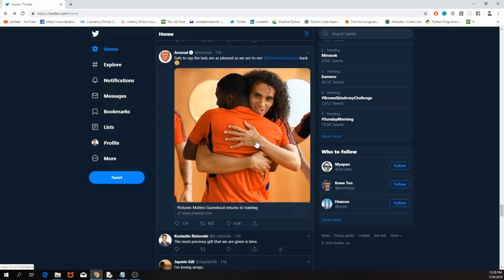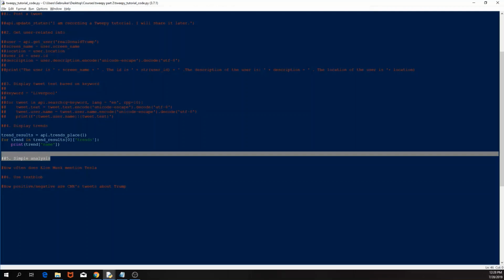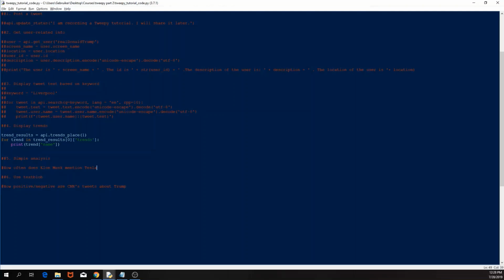Then we're going to actually finish what we already discussed. So we're going to make a simple analysis on how often Elon Musk mentions Tesla, and at the end we will use text below. So in order to use tweepy.cursor and to add some restrictions not to get all tweets,